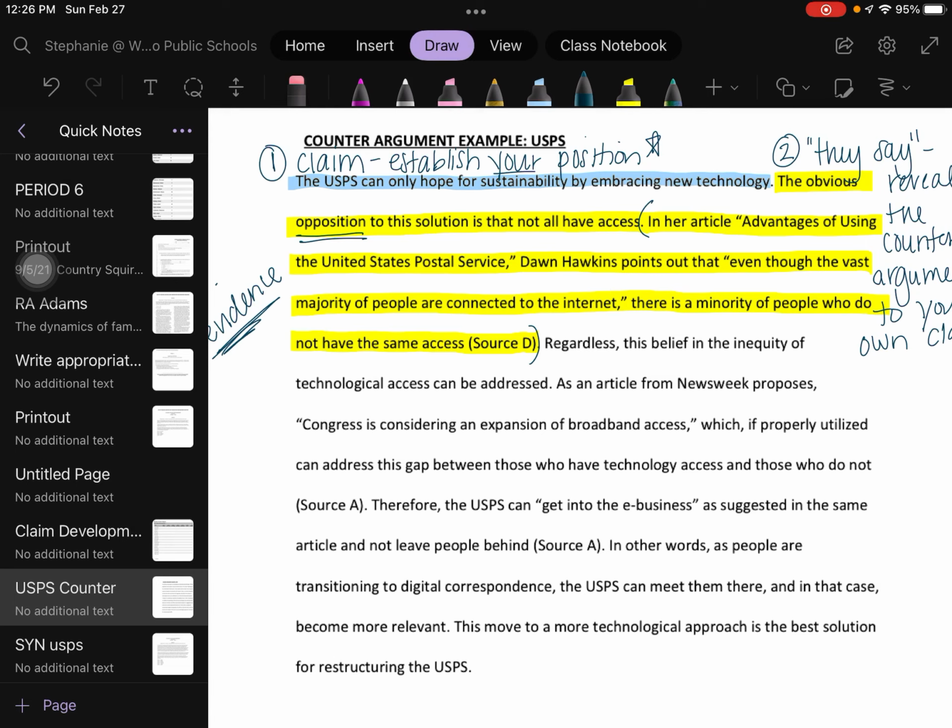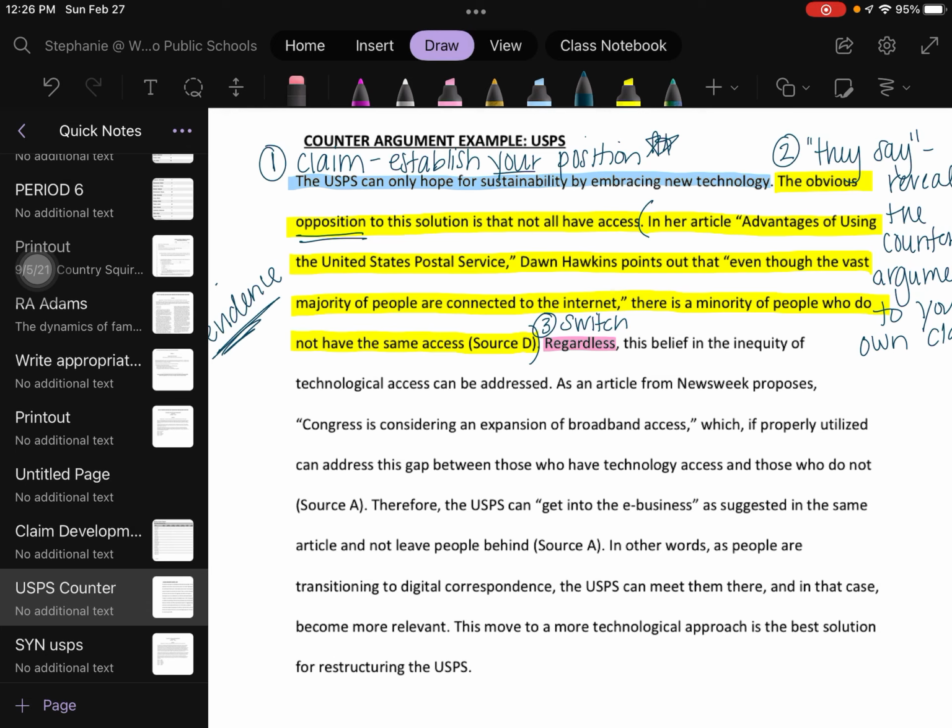So the next part that I'm going to mark on here for us is this word right here. And what I like to call this third step in our counterargument is the switch. And I call it the switch because that's where we're going to switch from the they say into what I call the I say, or my own argument where I'm going to continue developing this claim I started with at the beginning. Other switch words are things like however, nonetheless, irregardless, despite this.